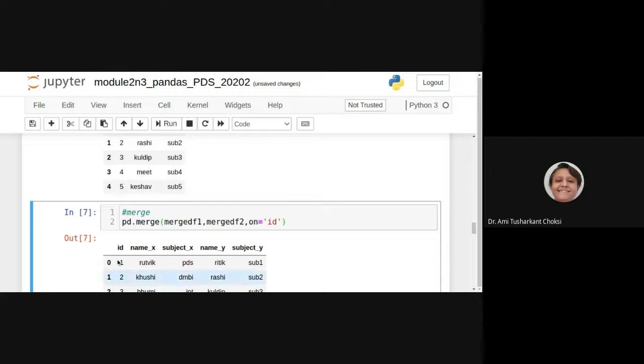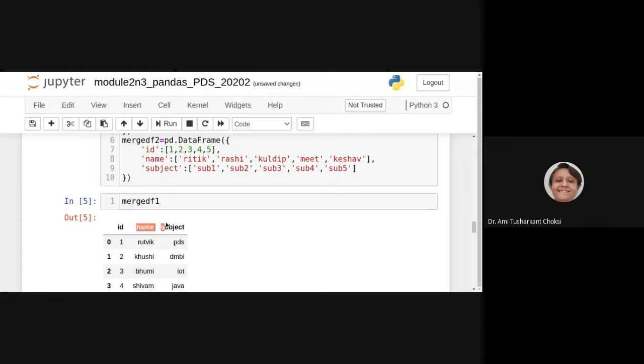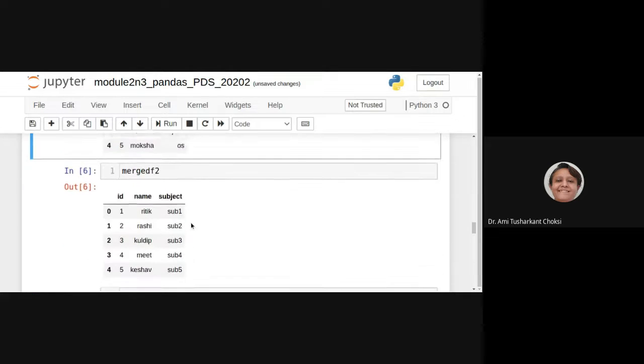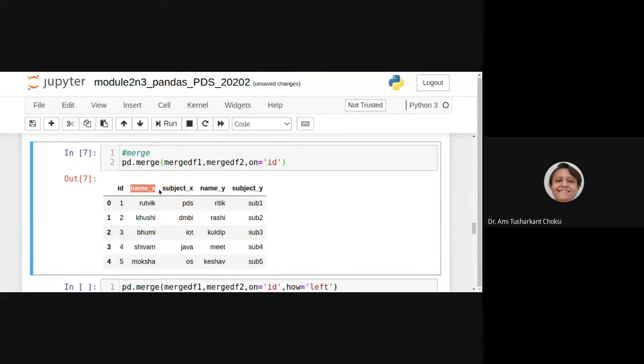Instead of a single name and subject, we have name_x, which is for df1, subject_x for df1, name_y for df2, and subject_y for df2. So it is merging based on this ID.